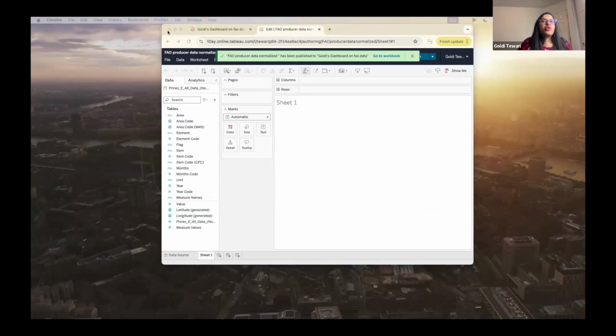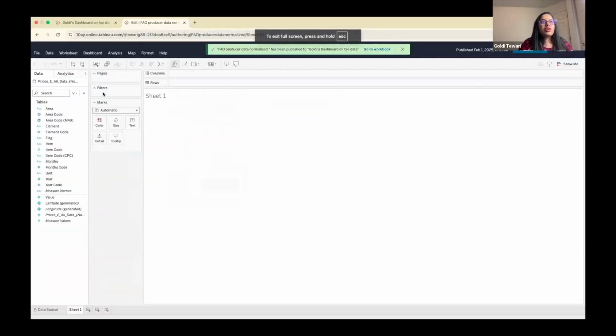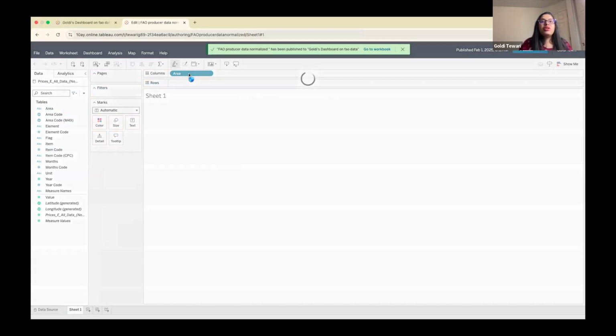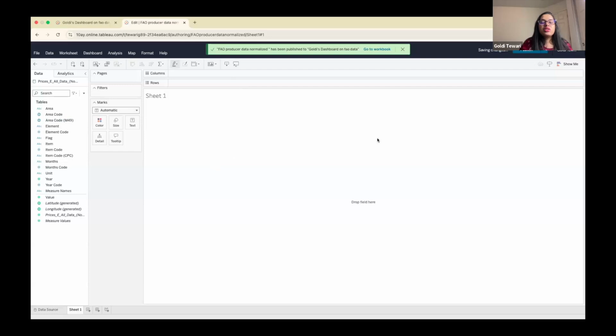Then we have shelves. As I already said, let me maximize it. These are the shelves: pages, filter, columns, rows, and marks. These are the cards. Under the marks card, you have further shelves: color, size, text, detail, tooltip. Okay. So these are further shelves. They are called shelves because we can drop stuff from here onto these. You see, that's why these are called shelves. Okay. And as I do that, it will respond accordingly. And the sheet, this is the area where you will get your visuals. Okay. You will build all your visuals here. So let's start building the